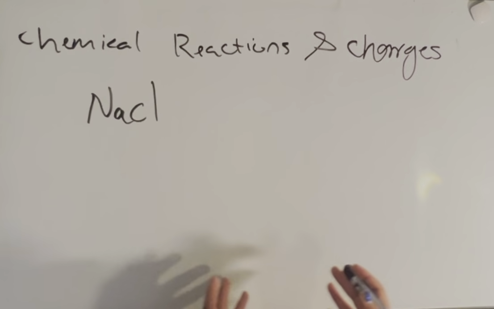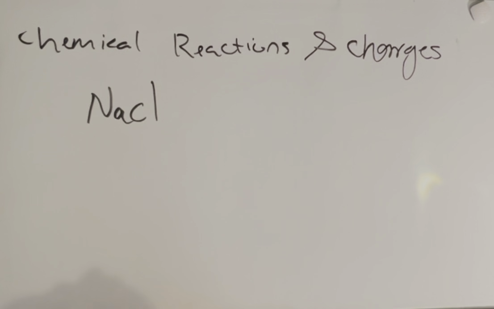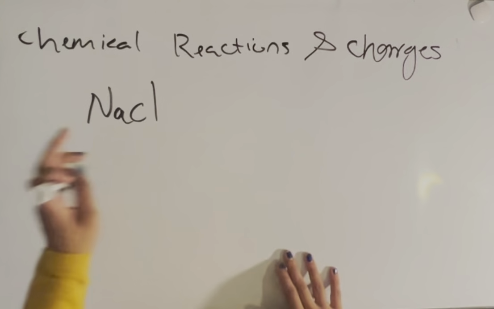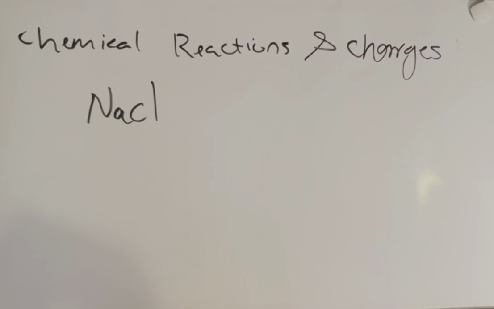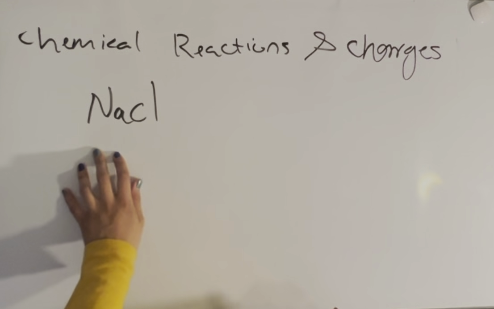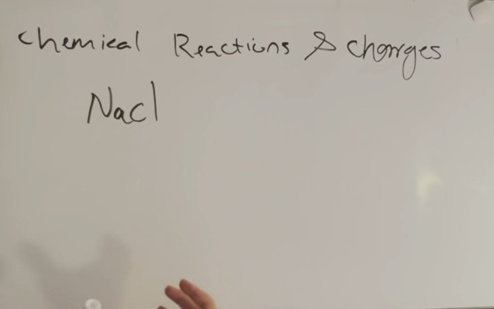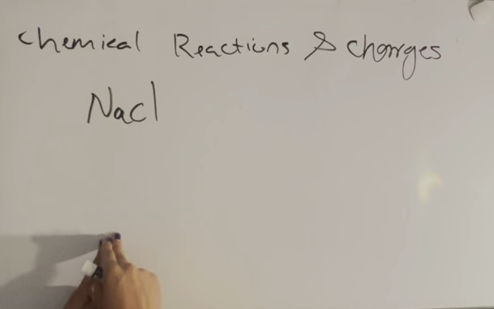In the previous video, I talked about charges, and if I want to talk about charges in this video, I have to talk about chemical reactions as well, because that's how we can come up with charges. I have an example of sodium chloride, and I will explain why we need charges if we have a chemical reaction. For a chemical reaction to happen, we need electrons to transfer from one element